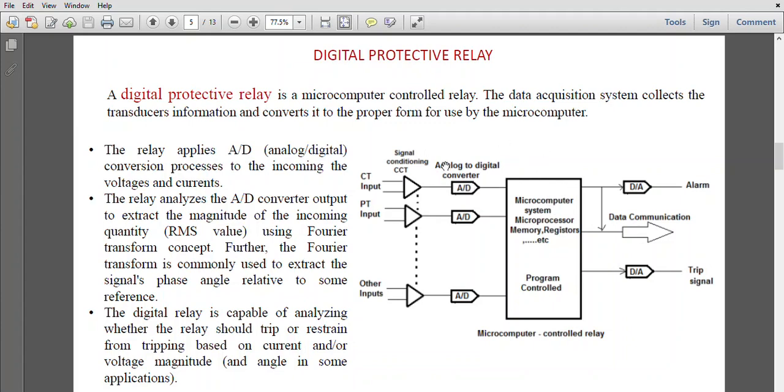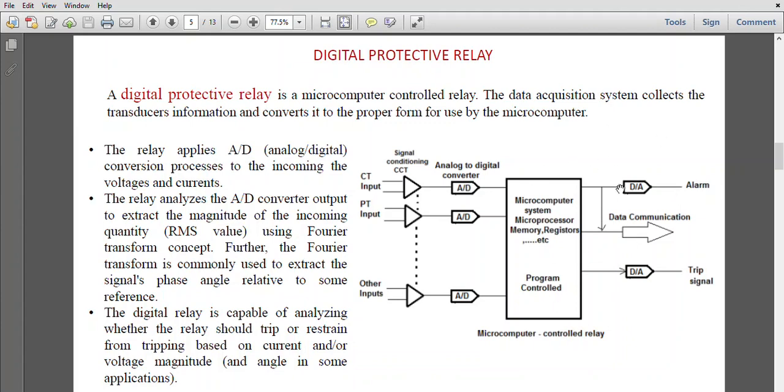But before these are fed to the microprocessor, they are again passed through a digital filter for digital filtering purposes. Now with the help of some algorithm, some technique or the discrete Fourier transform, the fed signals are compared with the reference or preset signals so that a comparison can be made whether there is an occurrence of a fault or not, which further commands